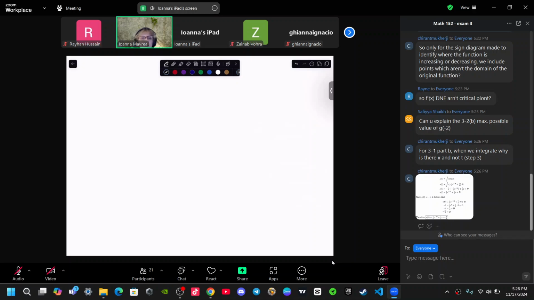My computer is alive. So find the values of C that satisfy the conclusion. Okay, guys. Okay. 2 is a good problem. So let's do that. Yeah, carefully. So